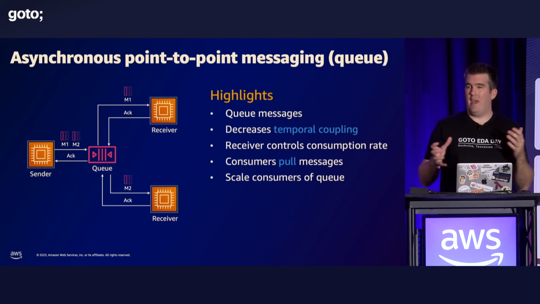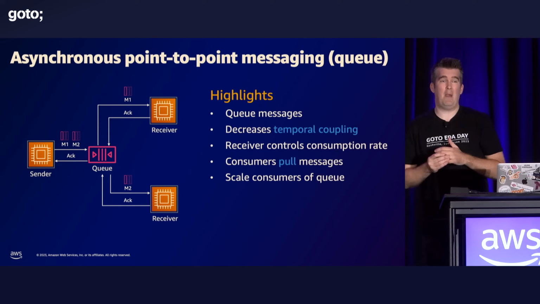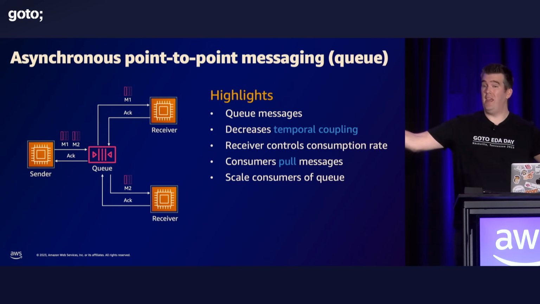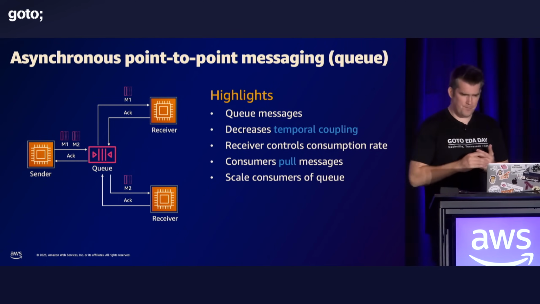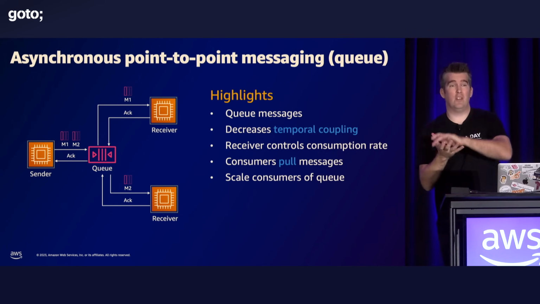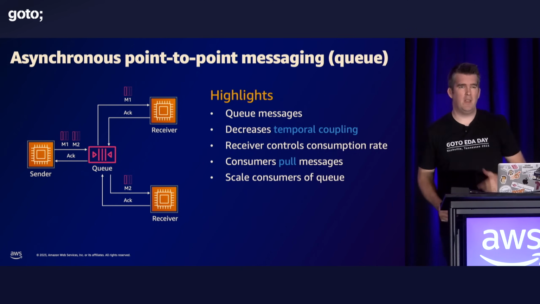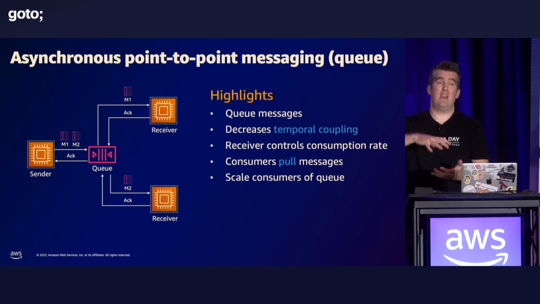Now, what I'm talking about here is asynchronous point-to-point integration. The best way to think about this is you have A and you have B, and you want to communicate. We typically tend to use queues to do this. The interesting pattern here is we also have many different consumers, or receivers. So we can scale out the receivers. If we have so many orders that come in, we can actually scale these things out.